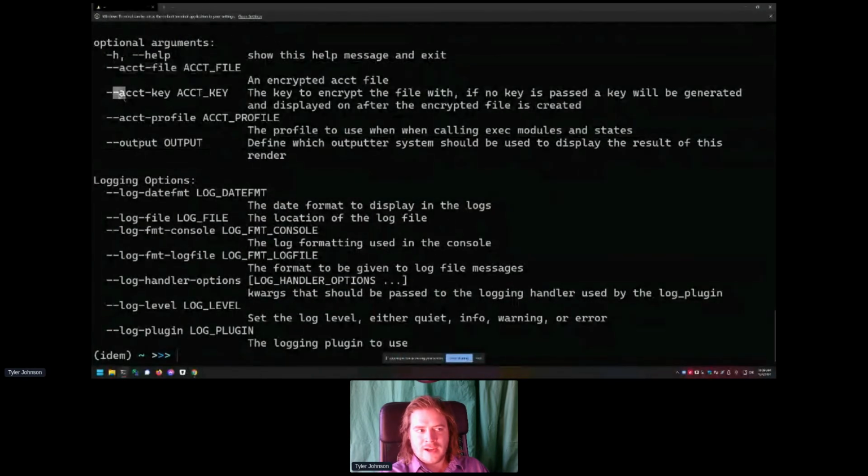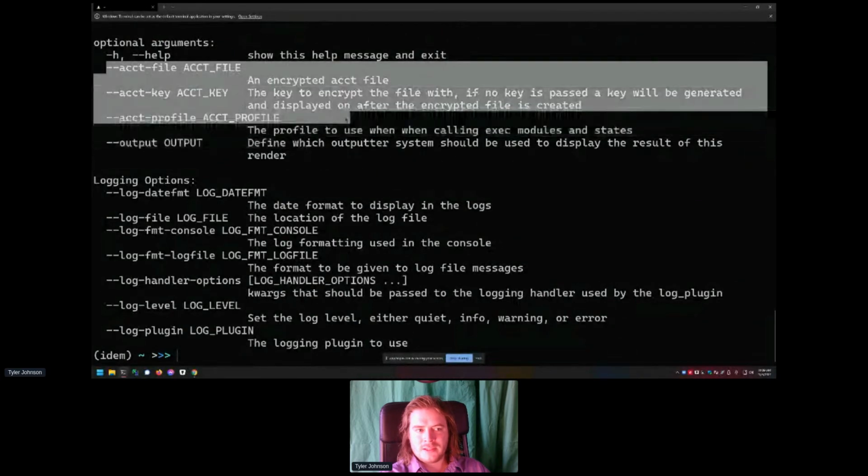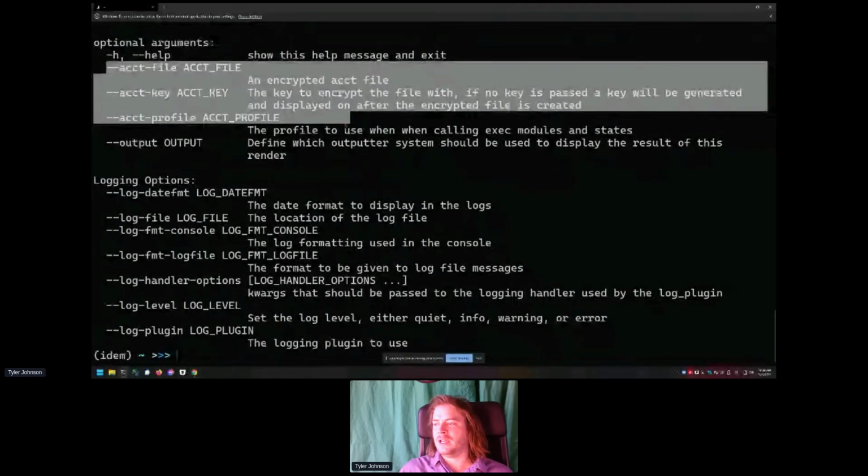Here are these account file, account key, account profile options. This is how you can specify specific credential stores or a specific profile within those credential stores on the CLI when you're running an exec module. So that way,